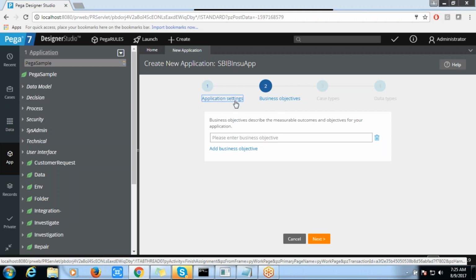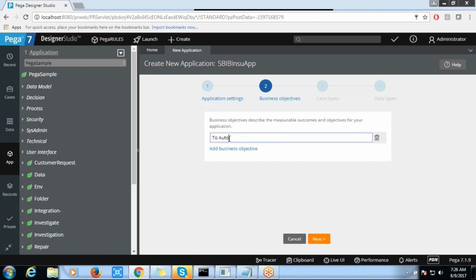So I'm going to create this application, right? So what are all the business objectives? That means, what is the outcome if I'm going to use this particular application? Let's say you are going to automate all your insurance claims. That is one of the business objectives, right? So you are going to automate insurance claims faster.